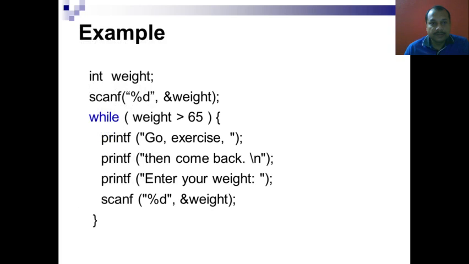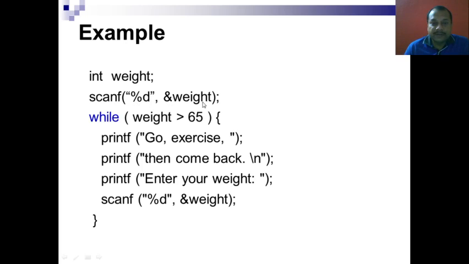Okay. Here is another interesting example. It says integer weight. I am assuming that weight is an integer for the time being. For that we can take the floor function, not the ceiling. So if it is, say, 64.1, then we are taking 64. If it is 64.9, then also we are taking 64. Now if that is the case, then